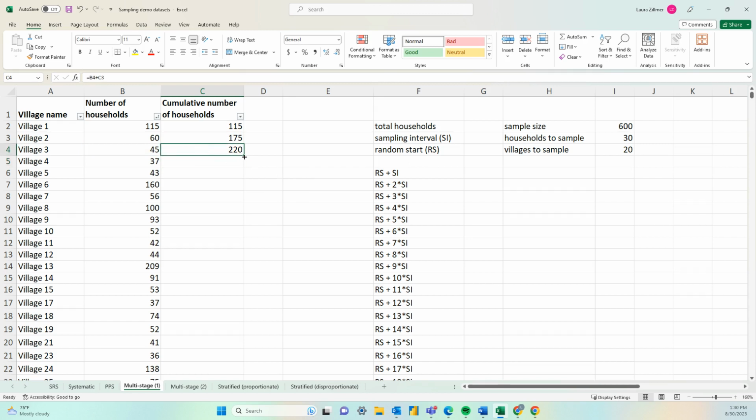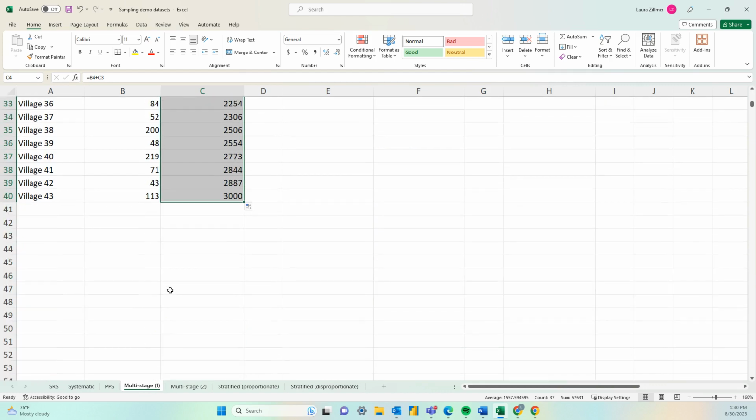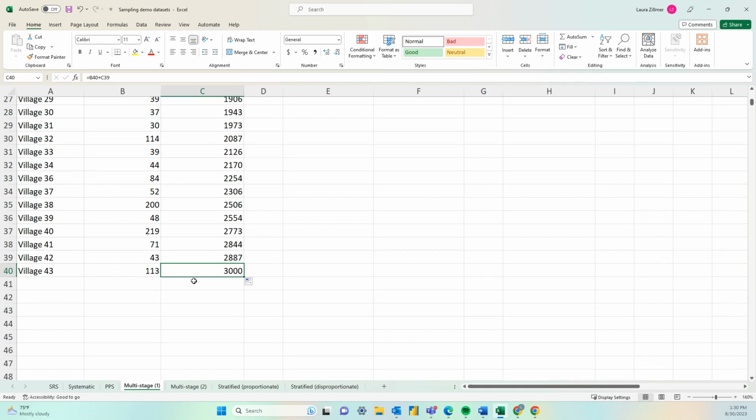We'll continue to fill out the cumulative column here for the rest of the villages. We can see after removing the villages with fewer than 30 households, our cumulative number of households is now 3,000.